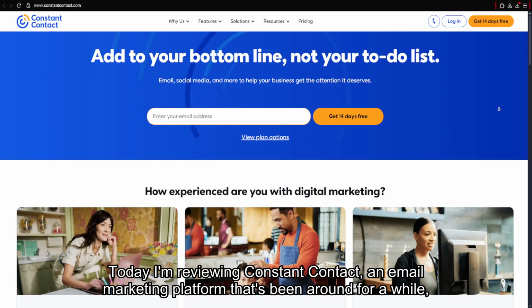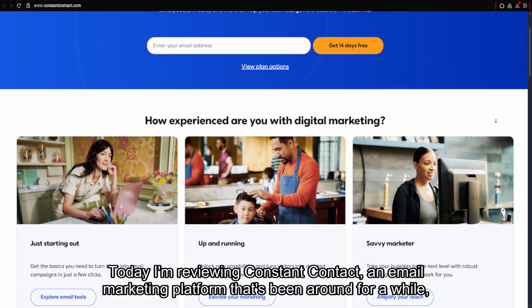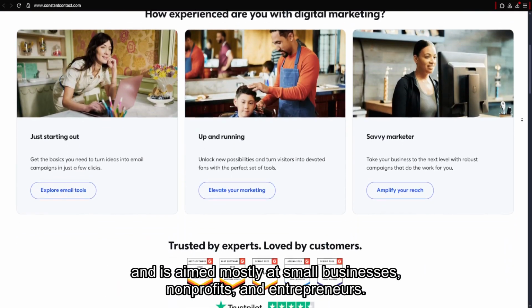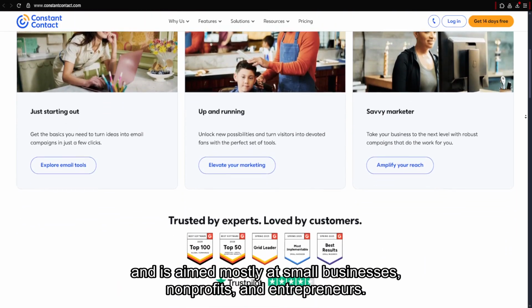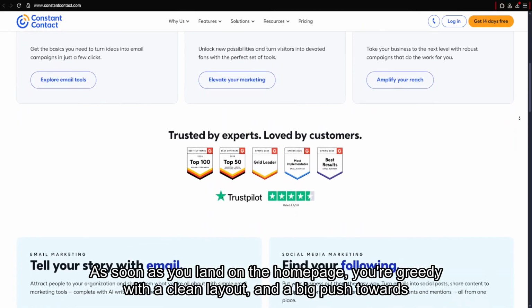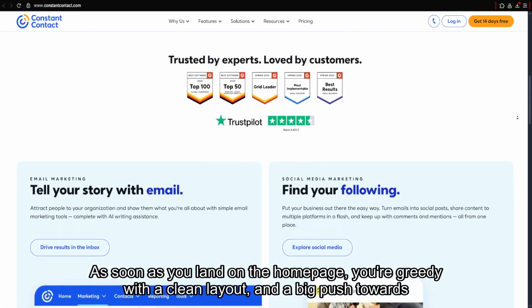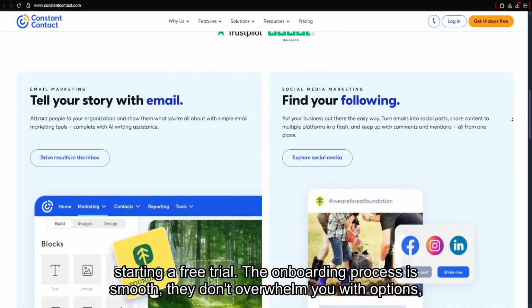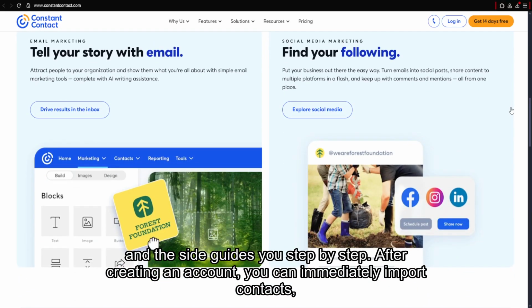Today I'm reviewing Constant Contact, an email marketing platform that's been around for a while and is aimed mostly at small businesses, nonprofits, and entrepreneurs. As soon as you land on the homepage, you're greeted with a clean layout and a big push toward starting a free trial. The onboarding process is smooth, they don't overwhelm you with options, and the site guides you step